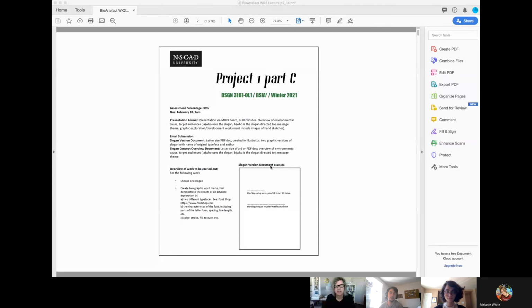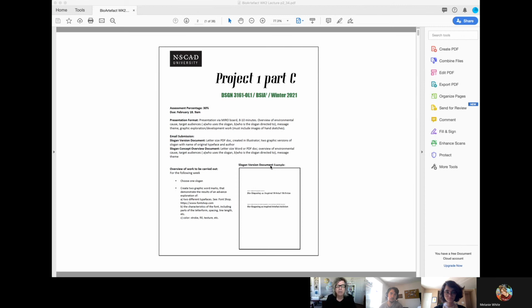So again, what I'm suggesting for an overview of the work to be carried out for the following week is that you prepare for the submission guidelines. You're only choosing one slogan. No question. Please don't be confused by this. One slogan only, and then you're creating two graphic word marks that demonstrate the results of an advanced exploration of